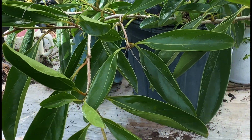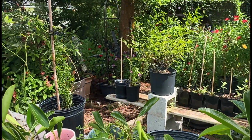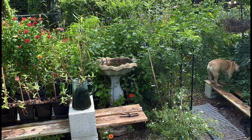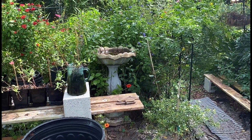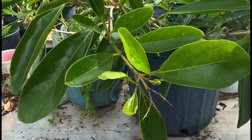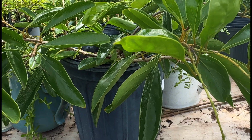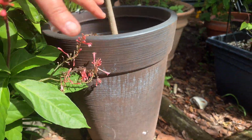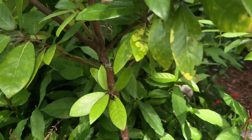I might try doing it in a pot because I'm kind of full in my garden right now. Not a whole lot of space. So I don't know, guys. And then I can move it around, and then maybe one day it'll find its forever home in the ground. But I think for now, it's going to go in a pot. And I want to go to Lowe's and pick up one of these pretty pots that I have my sweet bay magnolia and my red bay planted in, because